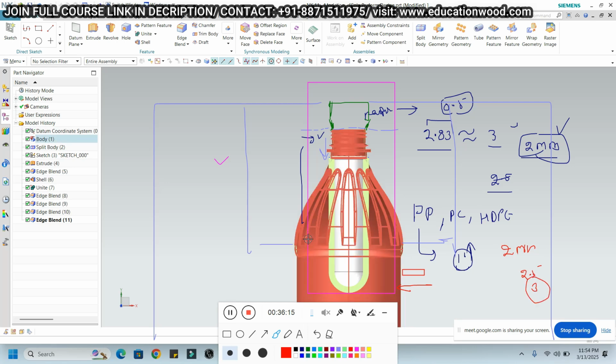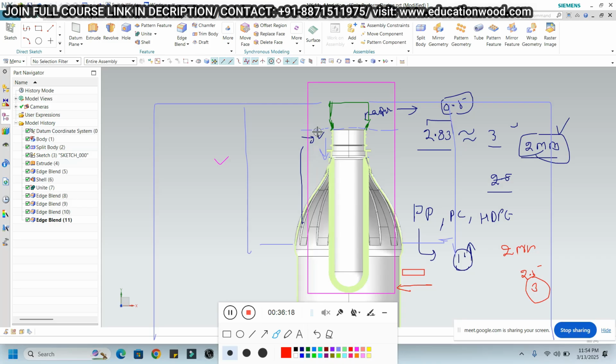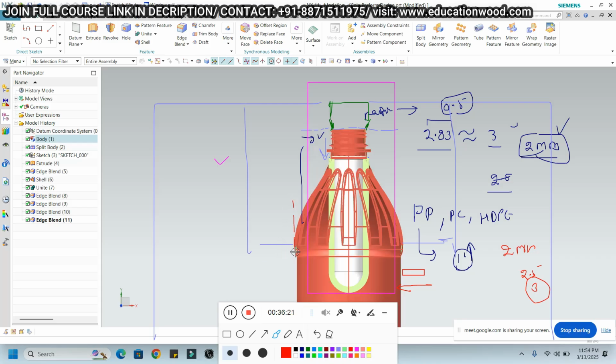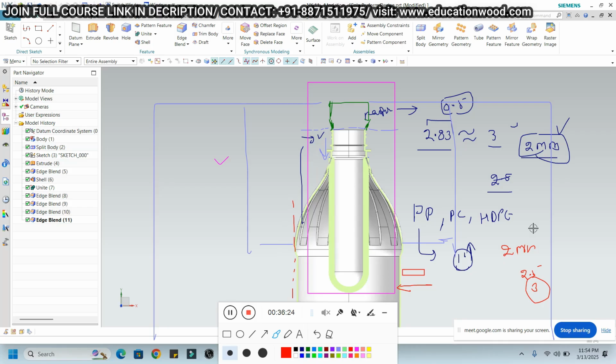Okay. And the diameter of this parison should be less than the diameter of the bottle component. So here the diameter of the bottle is about 82, right? So take less than 15% of 82. So you can take 60 or 50. Or the range will be 2.5 to 3 that you can take for the wall thickness of this parison. So you will get the final wall thickness, which is around 2 to 2.5. Understood?